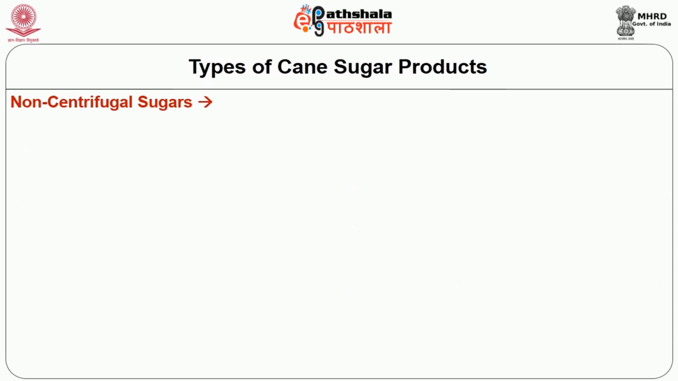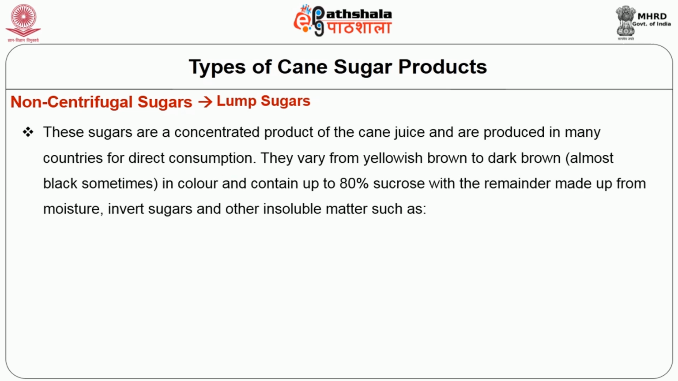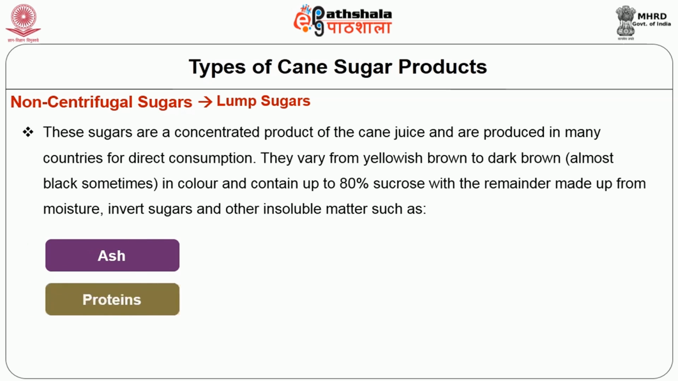So next is non-centrifugal sugars. In that we'll see about lump sugars. These sugars are a concentrated product of the cane juice and are produced in many countries for direct consumption. They vary from yellowish brown to dark brown, almost black sometimes in color, and contain up to 80% of sucrose, with the remainder made up from moisture, invert sugars, and other insoluble matter such as ash, proteins, and bagasse fines